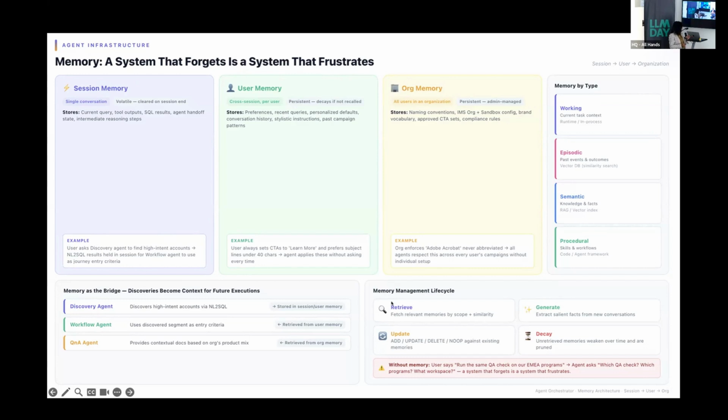And an interesting thing about memory is that it's something that's alive, so it's not set in stone. And it's very different from the data pipelines or ML models that are writing data into databases. Here, there's an idea of retrieving the memory, there's an idea of updating and deleting memory, there's an idea of generating memory, and then if the memory is really old, it's pruned out.